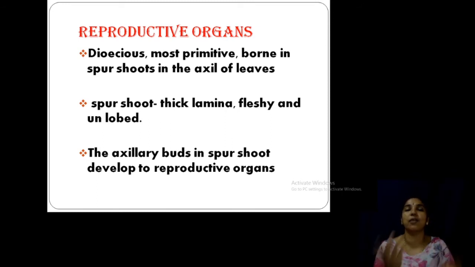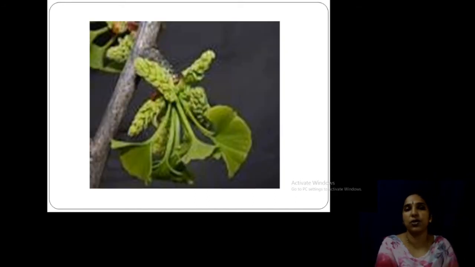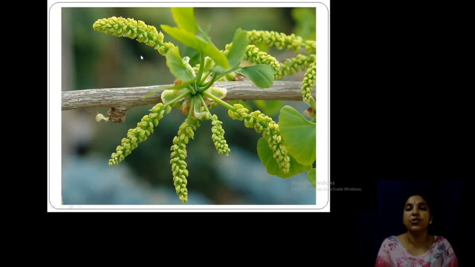Okay, in its axil the reproductive organ is borne, and the axillary buds in the spur shoot develop into the reproductive organ. Only the reproductive part is present in the spur shoot. Clear? See, this is a picture showing the reproductive catkin-like micro, that is the male strobilus, and this is the leaf, and this is developed from the axil of the leaf. Okay. See, this is the axil of the leaf. This is a long shoot, and this is the branch of the dwarf shoot, and from its axil of leaf what is developed? The reproductive organs. This is very, very important.